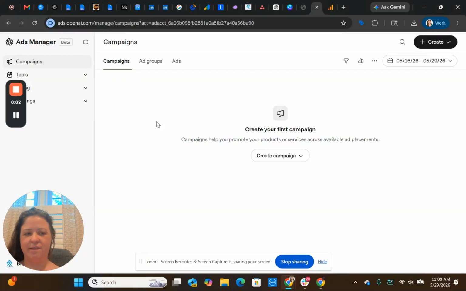Okay, we're working on something exciting, which is that ChatGPT has launched its ads manager. There have been some rumors that the ads on ChatGPT are not very good and that they waste a lot of spend, not a lot of conversions. So we will be trying this out